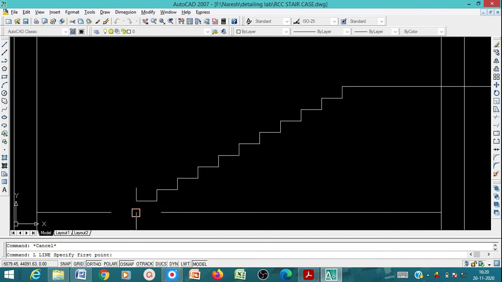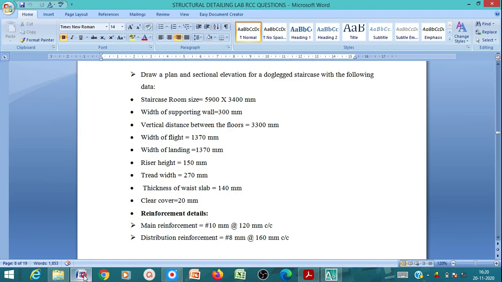First of all you have to join these two. The thickness of the waist slab given is 140, so we'll make it 150 here.